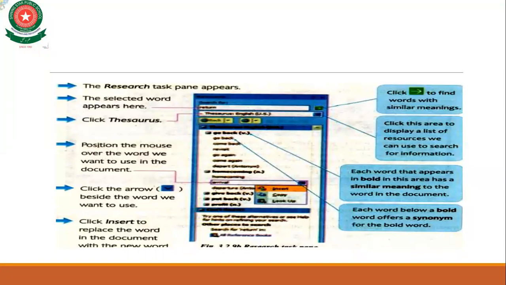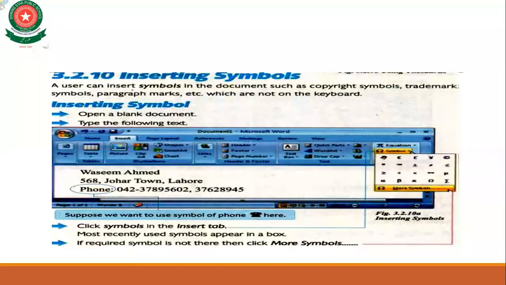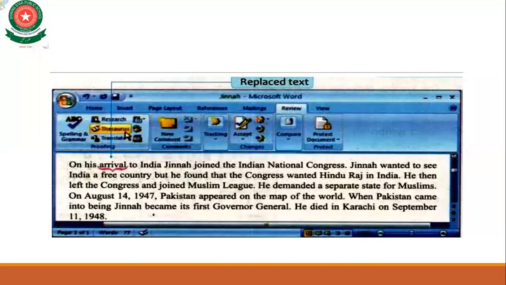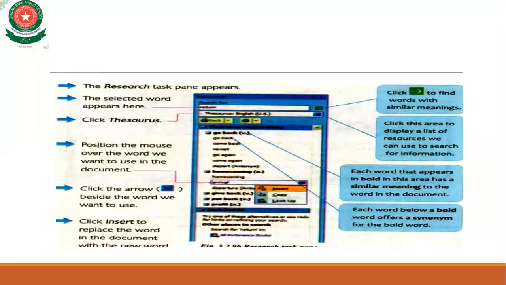First of all, you have to open a file. Then in the Proofing group, the research task pane appears. The selected word, which you have selected, appears here.